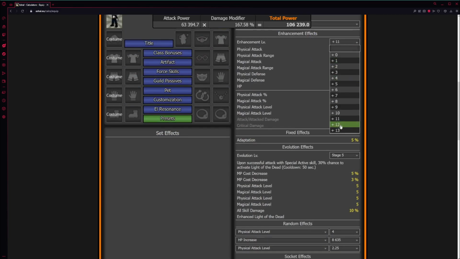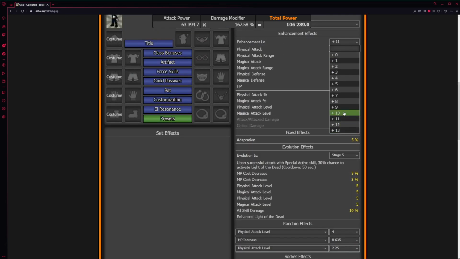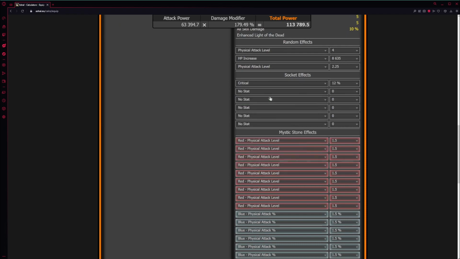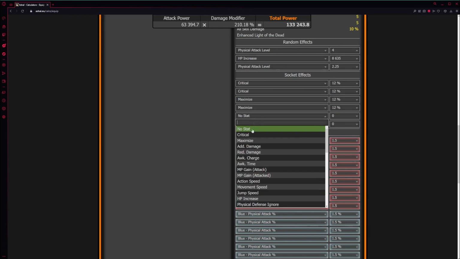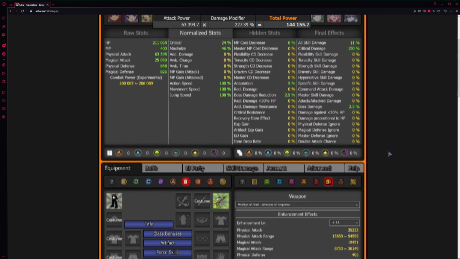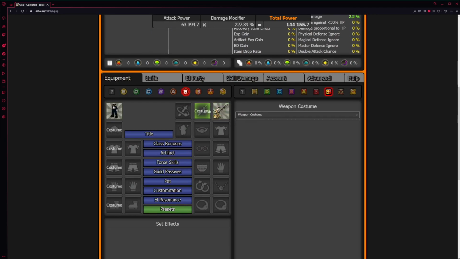You put in your enhancement level. If you have more than 11, or if you have all perfect sockets, we have a plus 10. You can always notch it down. Put it up to 13 if you want to see how much you do with 13 over that. But this is just to see what it's like. So sockets, I have critical, maximize, something like that. I have some sort of split between critical and maxis, and they're all perfect sages, so we'll just leave it at that.